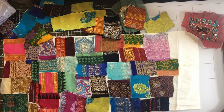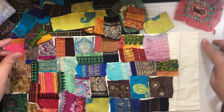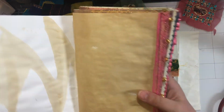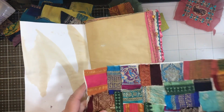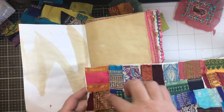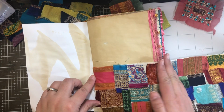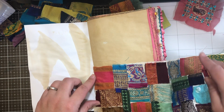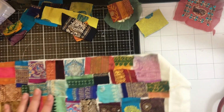I am working on some fabric collage that I'm going to then turn into pockets for the Bohemian Junk Journal. So my thought is, I've been gluing these on, I'm gonna kind of sew around them and then cut them apart, and then these are gonna make pockets. And I might decide later to embellish them more, but right now I've just been cutting